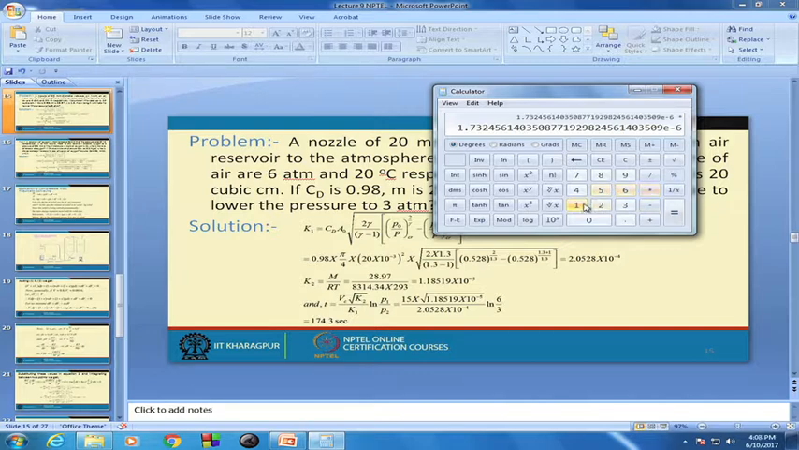Times 6 by 3, that is 2, ln of 2, times 1.732 times 2 ln, where is ln? 2 ln, yeah, 1.7324 into 10 to the minus 6, ln of 1.7324 into 10 to the minus 6, right, times 2 ln,